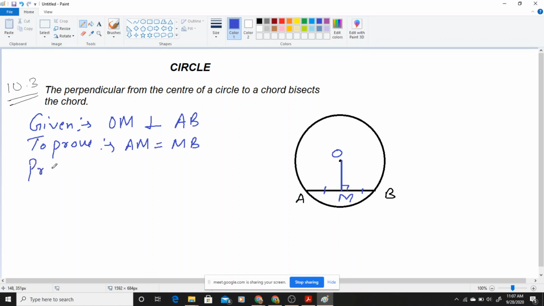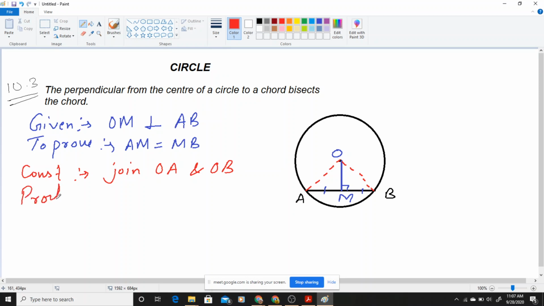So I will be starting with the proof part, but before that I will be doing a little bit of construction. हाँ, मैं थोड़ी सी construction करूँगा उससे पहले. So what construction will I be doing? I will draw these two radii from O to A. This is one radius I will be drawing, and the second one is this to B. Okay. Now see, I am having two triangles. अब मेरे पास दो triangles बन जाएंगे. So I will be joining, construction में मैंने क्या किया है? I have joined OA and OB. ये मैंने join कर दिया.